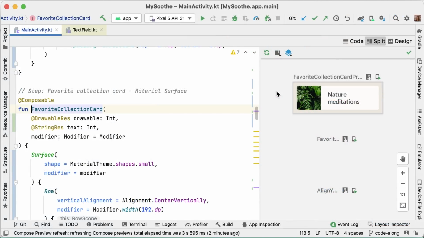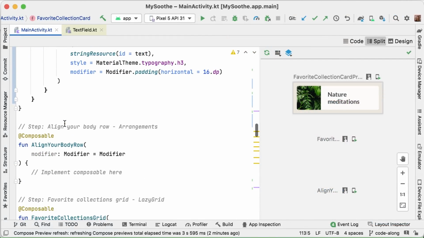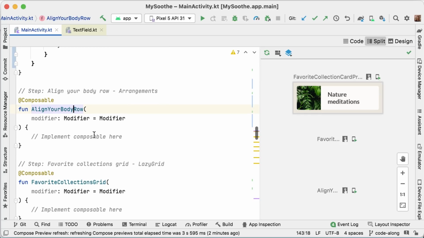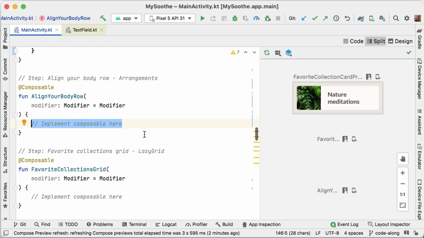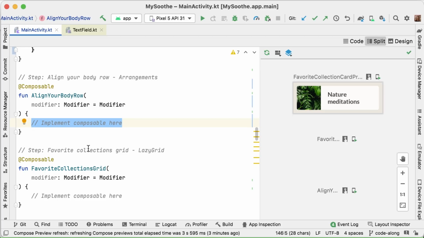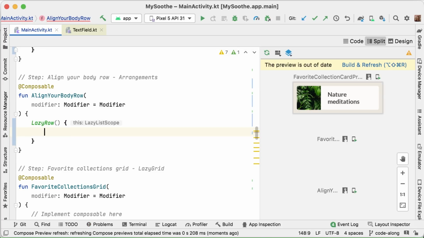Well, as you told me, I will have to be using a lazy row. So let's go to our align your body row composable and let's start to implement this. I think at the highest level, we will use a lazy row and then we will pass some data into it. So inside the lazy row, we will just forward again the modifier that we're passing into this composable.